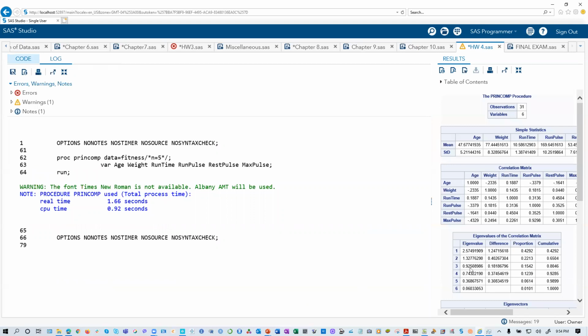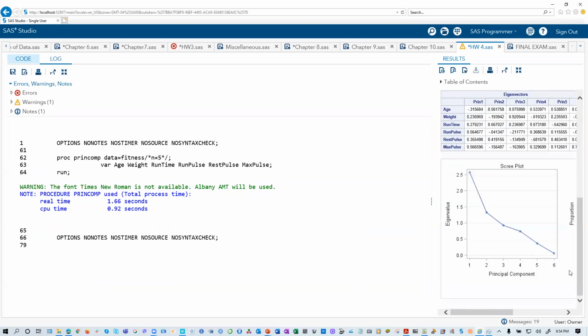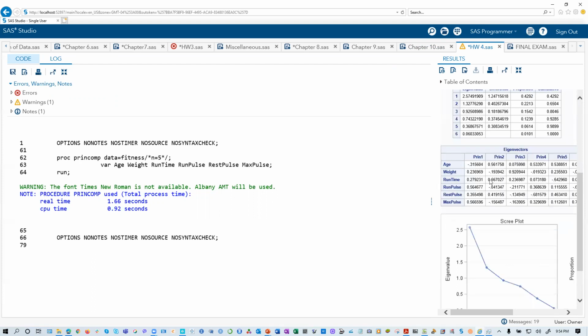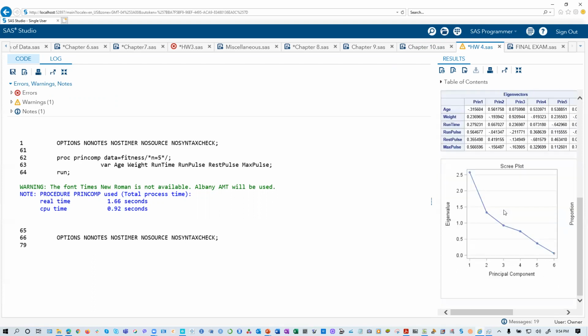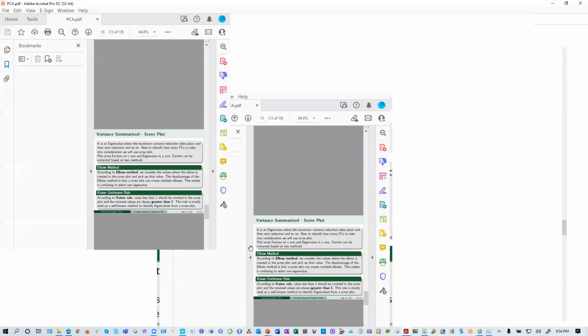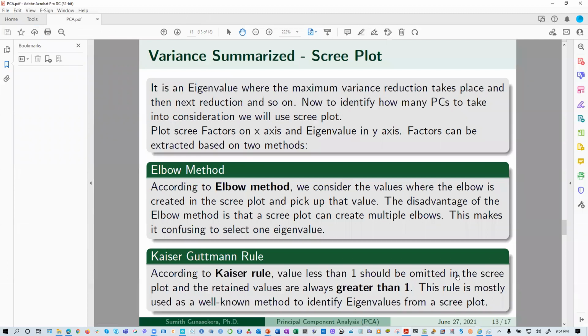Yeah, then let's go to the script plot. This is a script plot. See, script plot. Go to script plot here. See, actually, more than you have a thing, only 2, not even 4. With the 2 we can explain that, not even 4. See, principal component. See, script plot according to Kaiser rule. Kaiser rule says, can we see? Value less than 1 should be omitted. Values means like this one, based on that we're going to do this one based on that